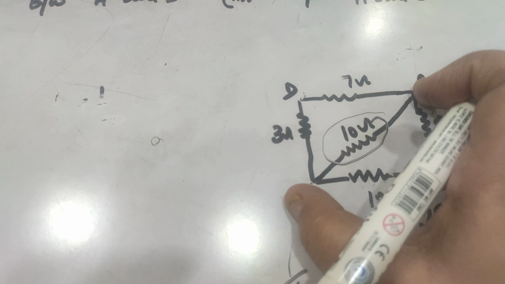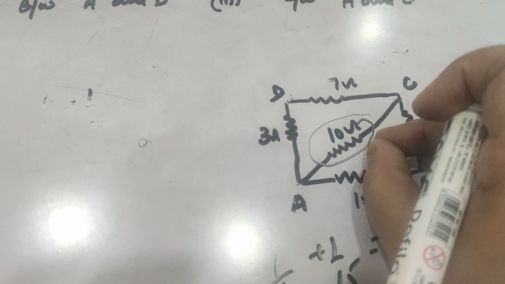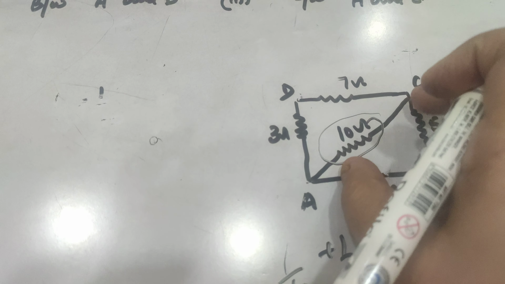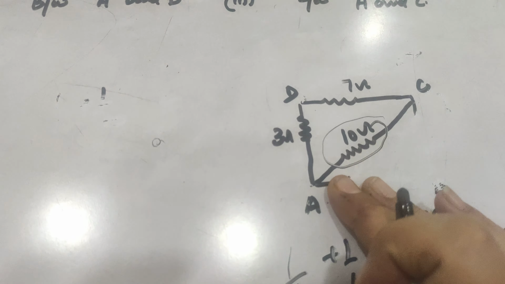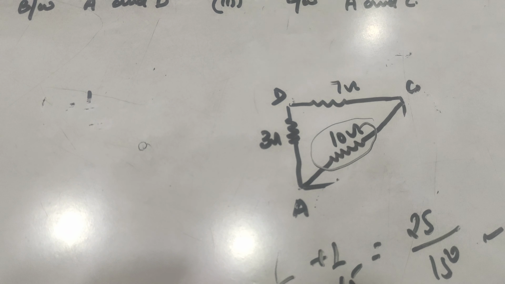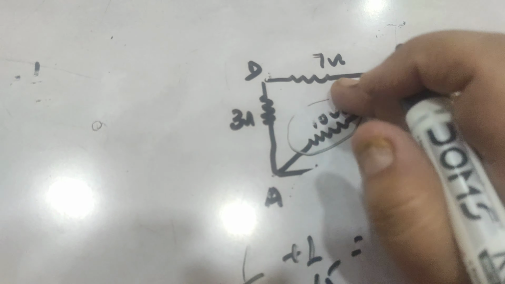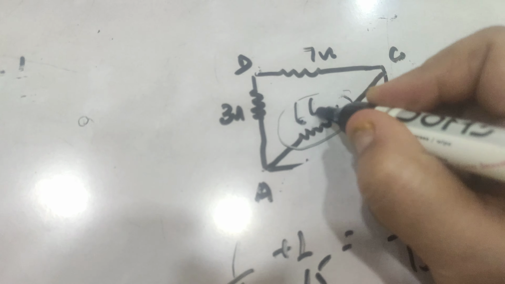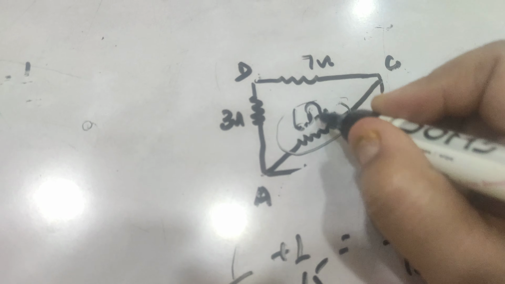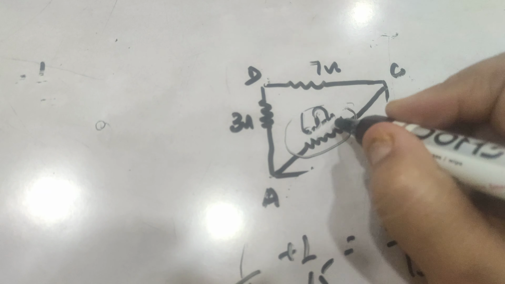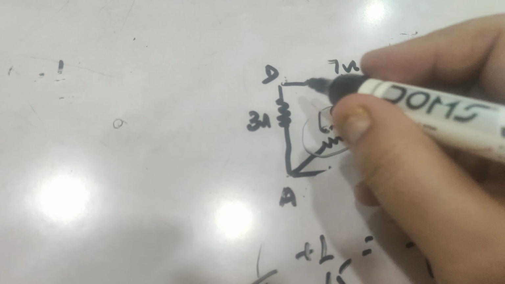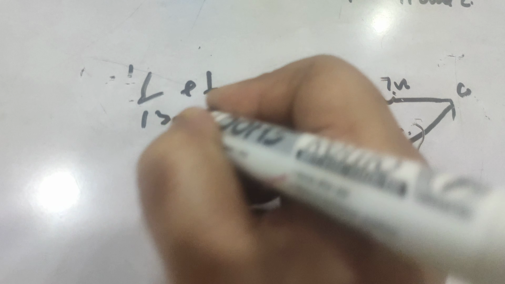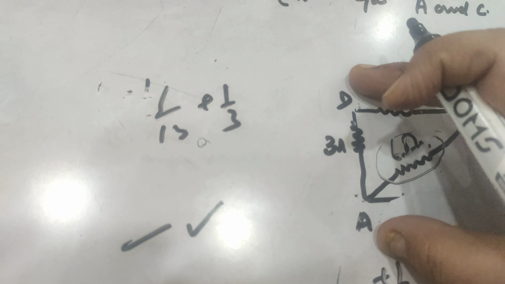Now the combination will give you the value of resistance across this, and that will become in series with what we are left with here. Let us find out its value first. Its value will come out to be 6 ohm. Now this 6 ohm and 7 ohm are in series. So 6 plus 7 becomes 13. Now that 13 ohm is in parallel with 3. So 1 upon 13 plus 1 upon 3. So we can calculate the value along AD.